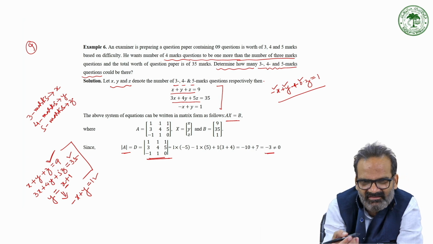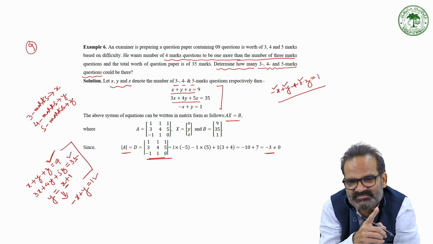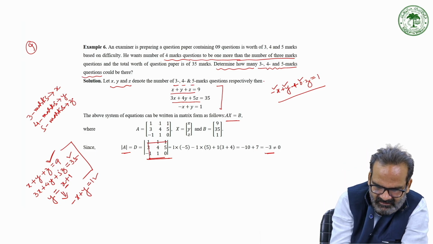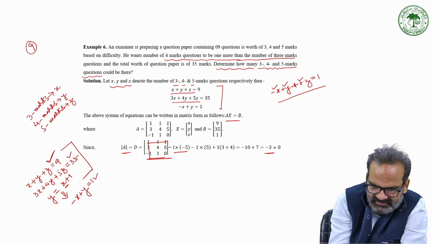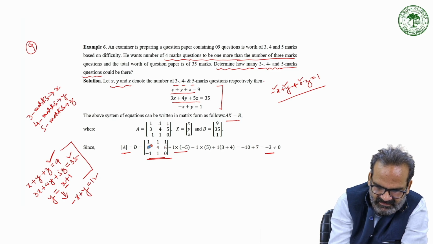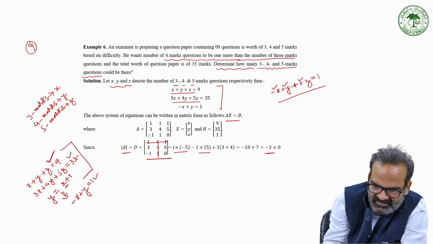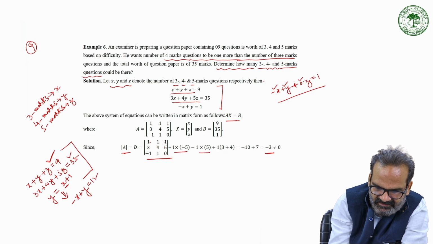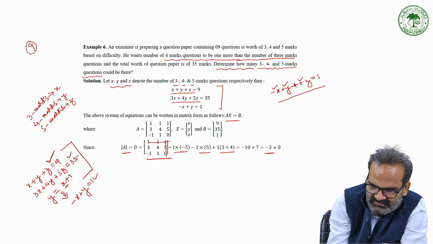See, I have explained how we can expand this determinant along any row or any column. Say this 1, 4 into 0 minus 5. Second is minus 1, this row: 3 into 0 is 0, 5 into minus 1 is minus 5. Third, the last is 1, so delete this row and this column: 3 into 1 is 3, 4 into minus 1 is minus 4, so 3 plus 4 is 7. So simplify this: minus 5, this is minus 10, 3 plus 4 is 7, minus 10 plus 7,